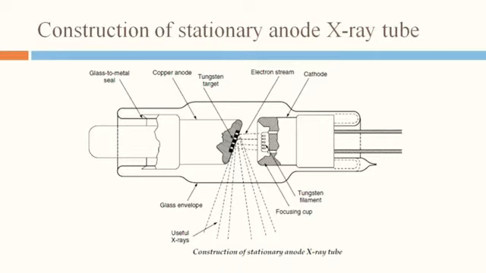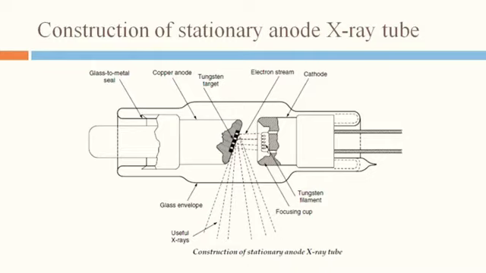The diagram shows the basic components of a stationary anode X-ray tube. The normal tube is a vacuum diode in which electrons are generated by thermionic emission from a filament of the tube. The electron stream is electrostatically focused on a target on the anode by means of a suitably shaped cathode cup. The kinetic energy of the electrons impinging on the target is converted into X-rays. Most of the electrons emitted by the hot filament become current carriers across the tube, so it is possible to set the tube current independently. This is the construction of our stationary anode X-ray tube.